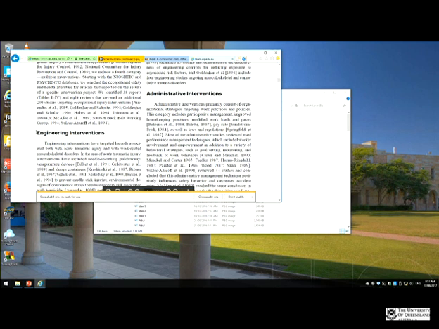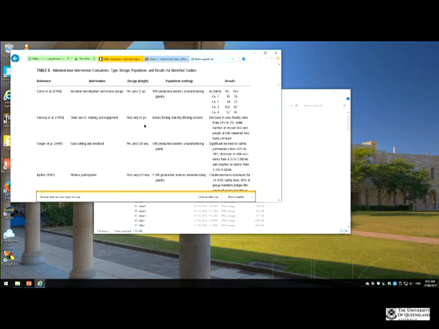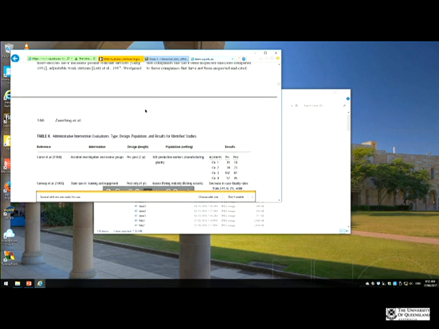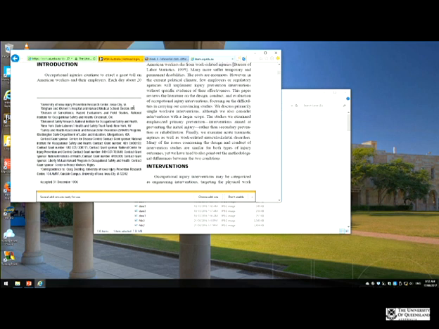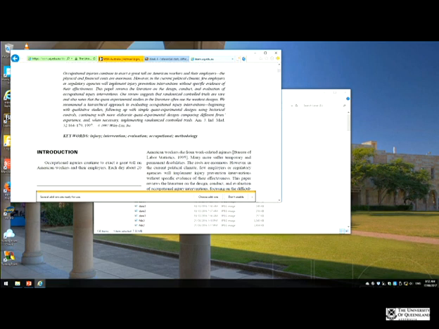So engineering interventions are one of the things with OHS where we actually change the equipment or the workplace, and then administrative interventions might be about new policy or new training, that sort of thing. I know you're not OHS students, but you'd be surprised how much it will be part of your working life. And so then they also looked at the design around administrative interventions. And so it's a good overview of this idea of evaluation research, that you can have different approaches, and they've got an interesting sort of argument in their